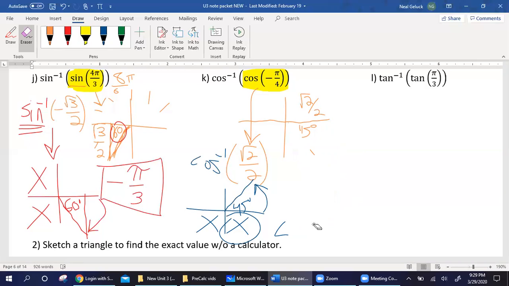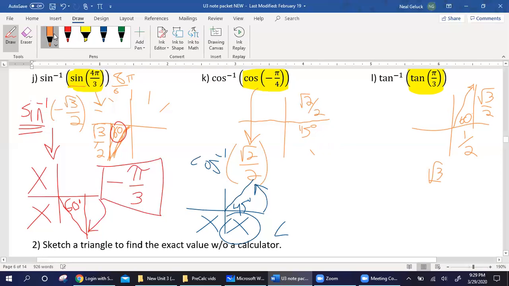For letter L, again, work the problem on the inside first. Work these inside out. Regular tangent. Again, I'm not crossing out anything. It's just regular tangent. Pi over 3. Well, that would be 2 over 6, which is a 60-degree reference. The tangent of pi over 3 would be opposite